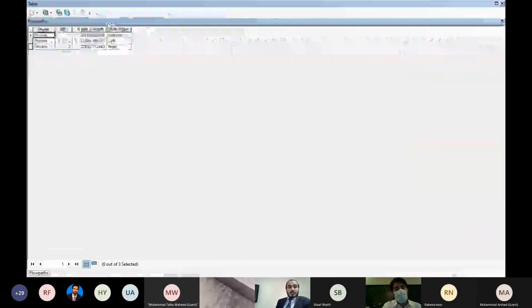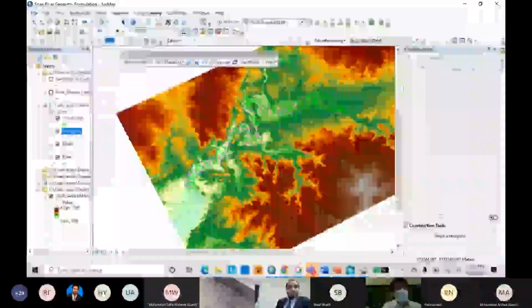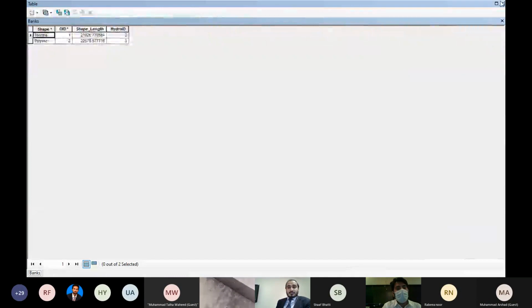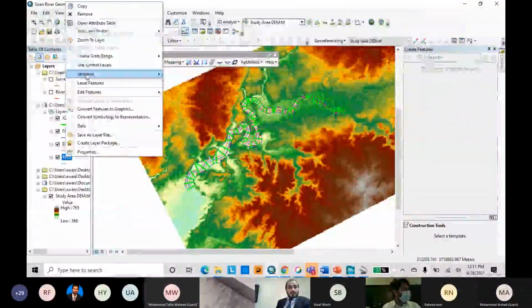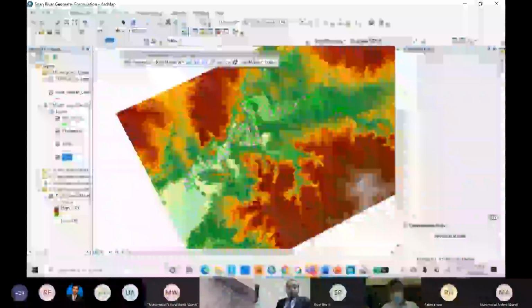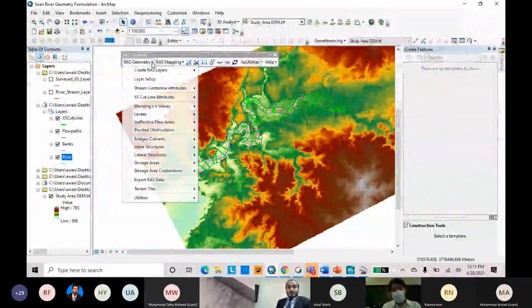The same information is available in other layers. Bank line, you can see the north in the river. We do not have any other data. When we extract the data, you can see what creates a difference.